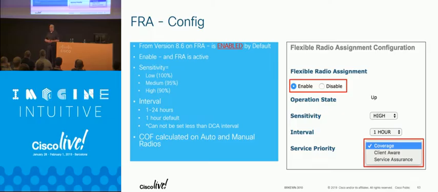The other thing you can do is set a 1 to 24-hour interval. 1 hour is plenty. In fact, I generally will run FRA and then only run it again after things have changed, if I add more APs or subtract APs. Low, medium, and high sensitivities refer directly to coverage overlap. Default is 100%, medium is 95, and low is 90. So what that says is the coverage overlap needs to be at least that much or it'll call it redundant, but it won't move on it. It won't act on it. So it's extremely conservative. I think most people are running it in high sensitivity. And there's a couple of use cases that are important around that. We'll talk about those quickly.